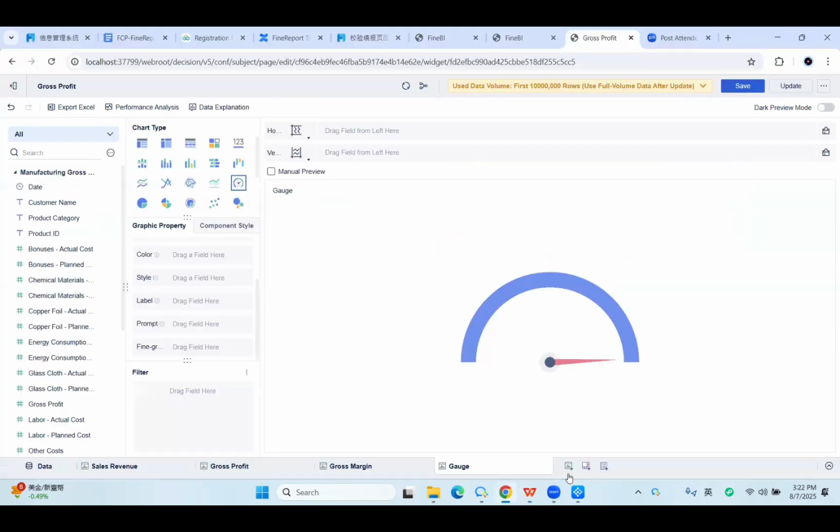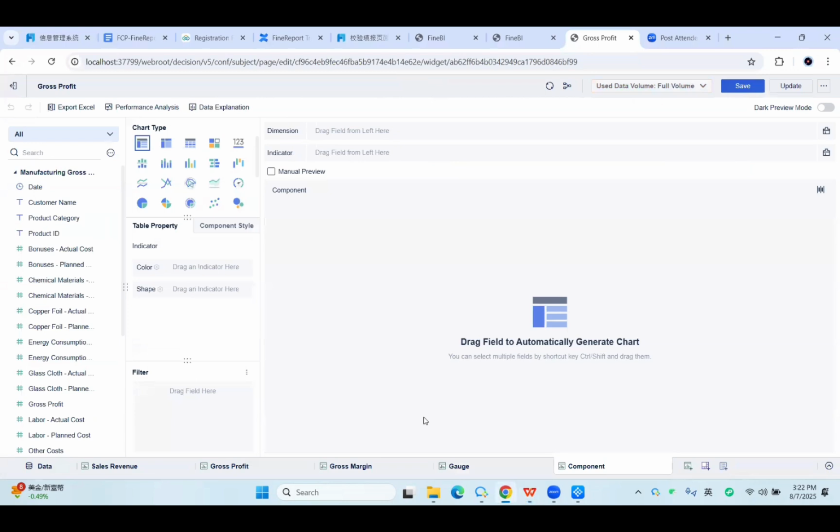So in FineBI, I'm going to create a new component. In the chart type, you can see there are tables, KPI card we have used, gauge we have used, some lines, some charts, some columns, or the map, or some special charts. But if you want to use some combination chart like the column line or column area or some other combinations of different chart types, you need to select this one, custom chart. So let me just use this group chart to show the data for me firstly